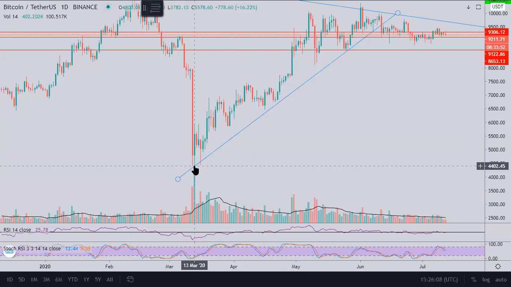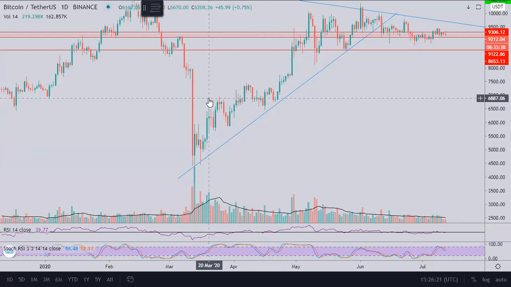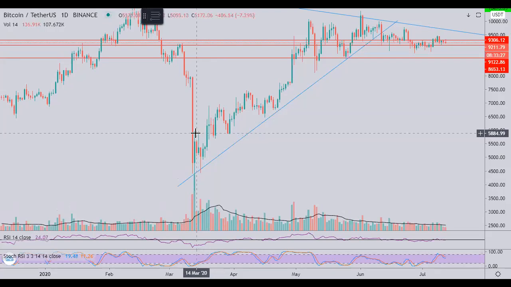This was in March 2020. The price came down, hit this level, and went up. It came down again, tested it again, and went up. You notice that as it keeps going, it keeps making higher highs and higher lows. This is a higher high, because it's higher than the previous high. This one's here at the previous highs.